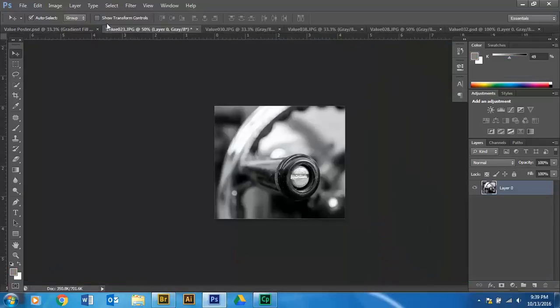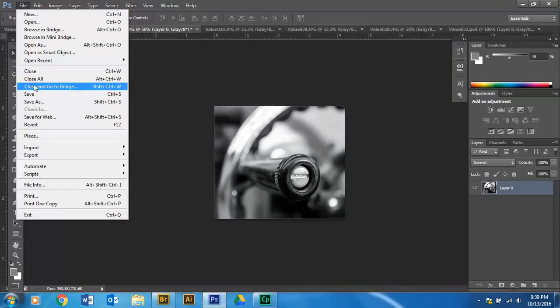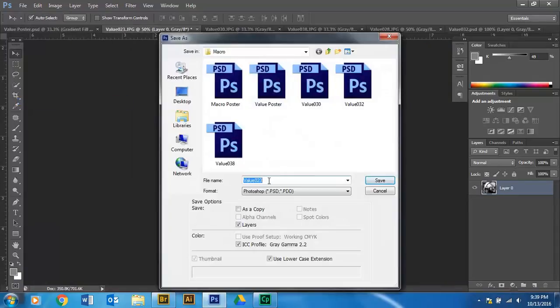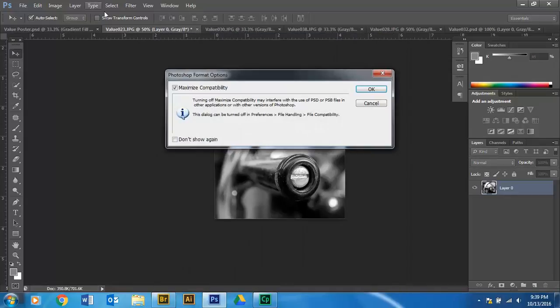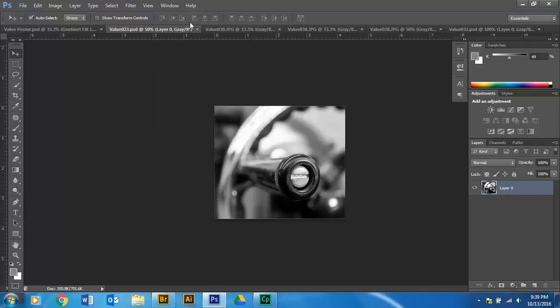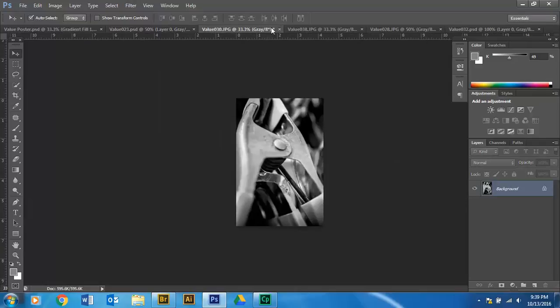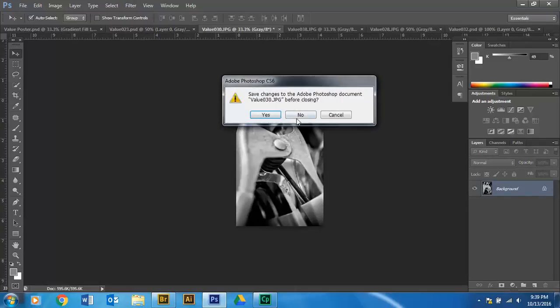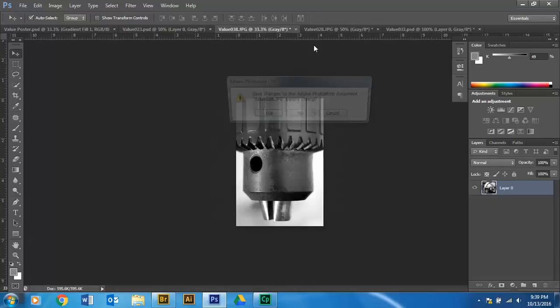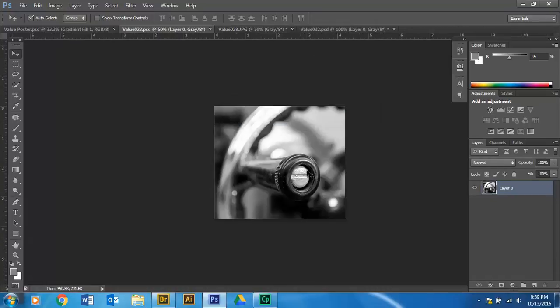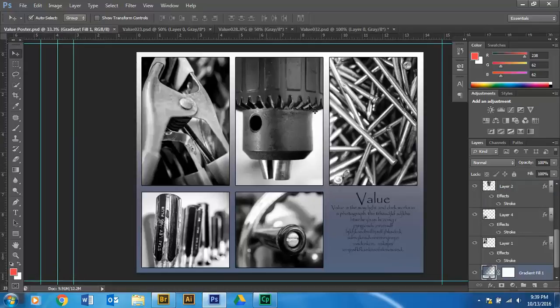If you are not finished with these, save them. File, save as, value 23. It already has a name, and now it's going to save as a Photoshop document. Just click OK, and go through the whole thing, every single one of those. Now, if you're finished with them, you don't need to save them. But if you have resized them and you've not used them in your poster yet, please, please, please save them. Otherwise, you have to go back and make all